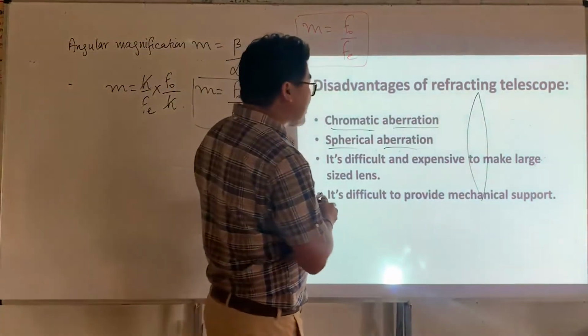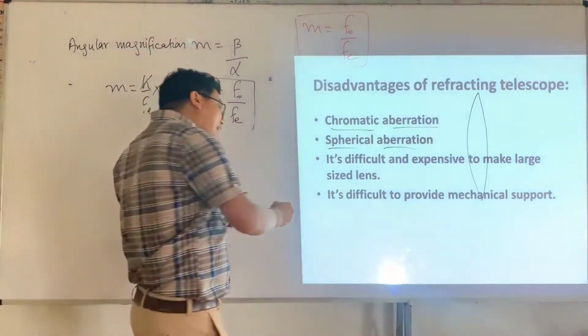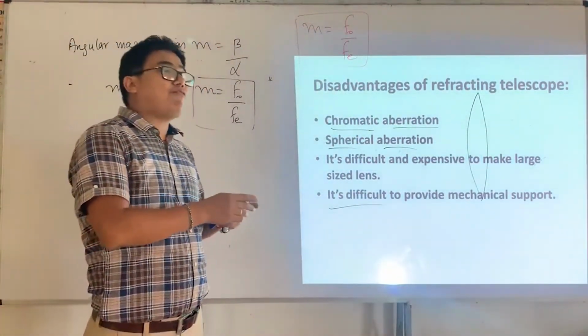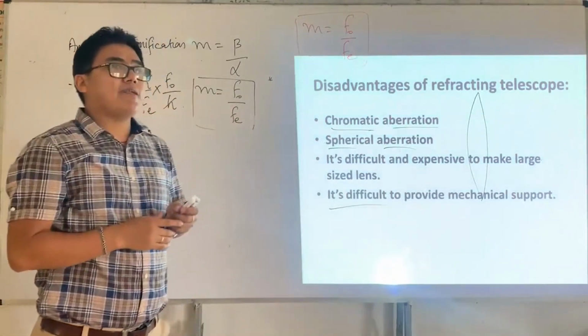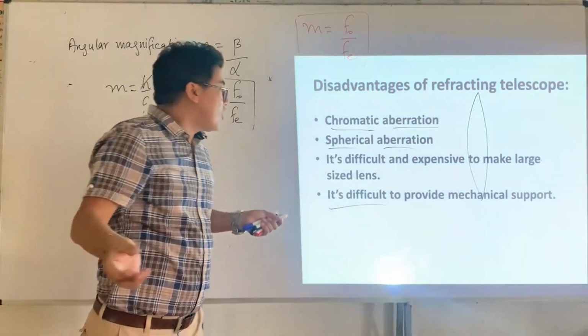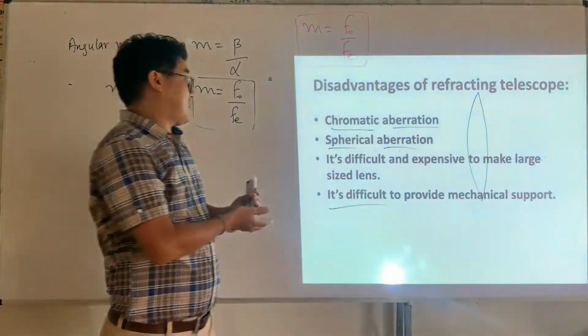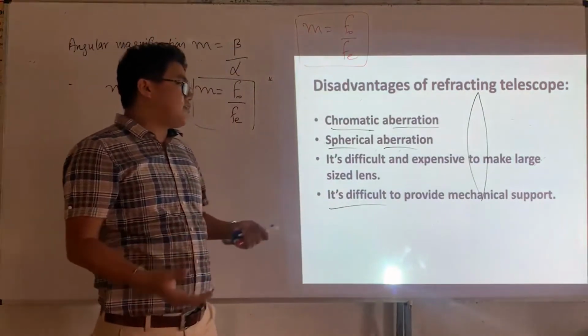It's difficult and expensive to make a large size lens. And again, the last limitation is that maybe we have to keep the telescope either at the top of buildings, or we are going to send this to a space center, right? So if it is huge, heavy, it is very difficult,